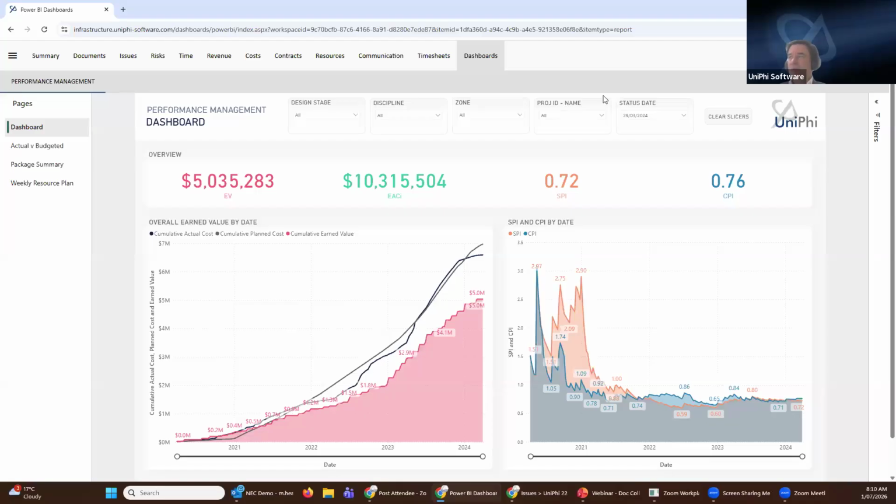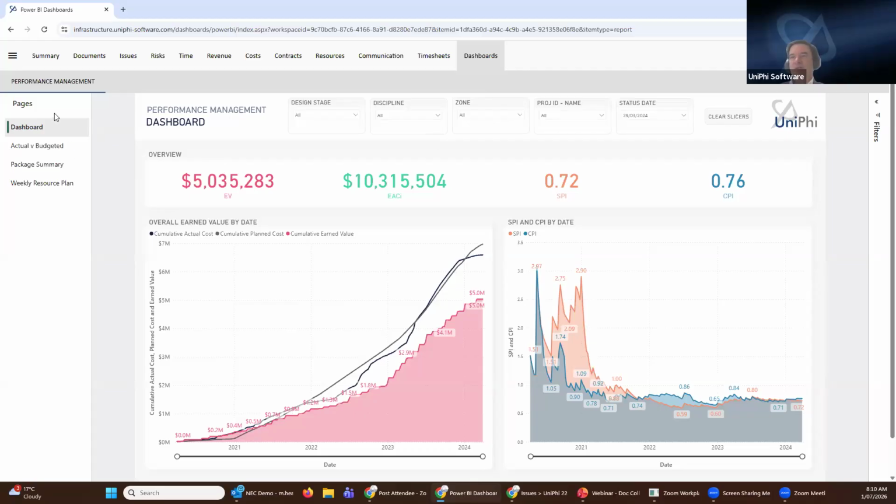Now, one of the biggest significant impacts UniPhi's had on our design engineering customers is the ability to track earned value, which is the last element of the time, cost, scope conversation. It's like, how are we performing against a baseline? And so typically that's been a challenge because those components are stored in different systems that don't talk to one another.